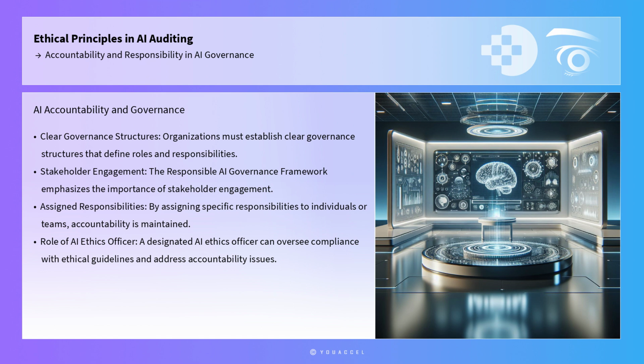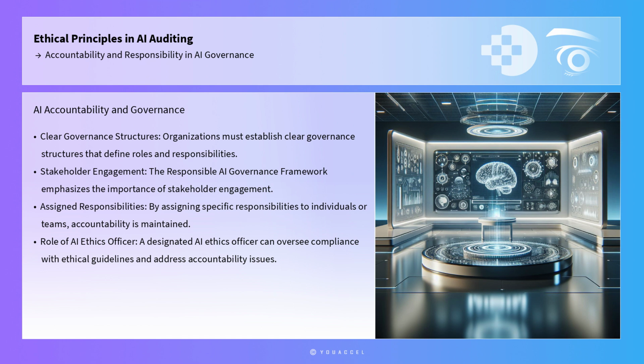In addition to technical solutions like XAI, organizations must establish clear governance structures that define roles and responsibilities. The Responsible AI Governance Framework is one such model that outlines a comprehensive approach to AI accountability. This framework emphasizes the importance of stakeholder engagement, risk assessment, and continuous monitoring. By assigning specific responsibilities to individuals or teams, organizations can ensure that accountability is maintained throughout the lifecycle of AI systems. For example, a designated AI ethics officer can oversee compliance with ethical guidelines and address any potential issues related